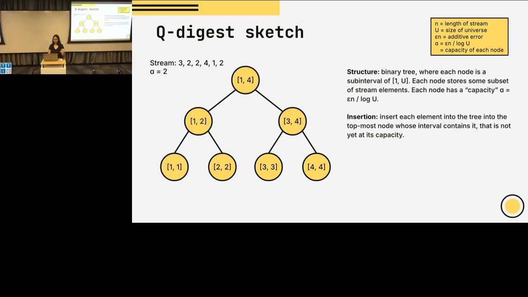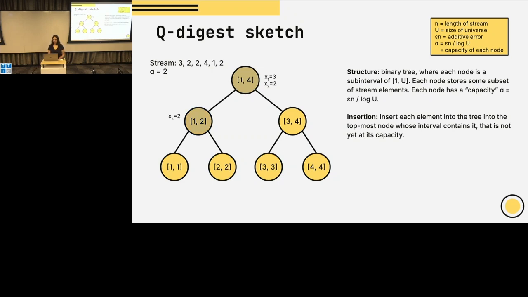Okay, so we first get the element 3. When we get the element 3, the path that it could go into is this path right here, right? The path that it gets inserted into is this path. So the topmost node of that path is still non-full, right? So then we can put it into that. And similarly, the next element also gets put into that because the topmost node is still non-full.